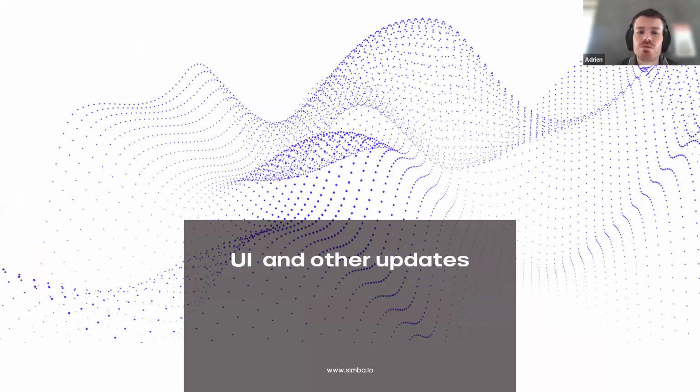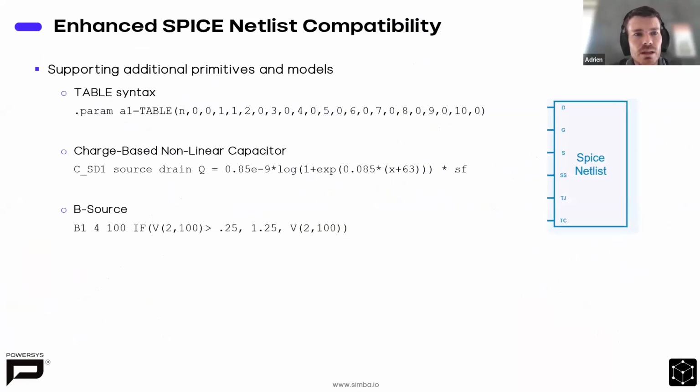Perfect. And now I am going to present you the new updates of this 2025 March version. First, we have enhanced the SPICE netlist compatibility. So now we are supporting additional primitives and models. For example, we are supporting